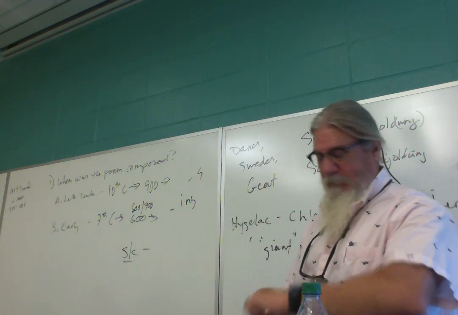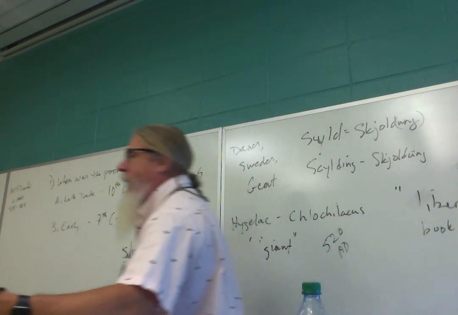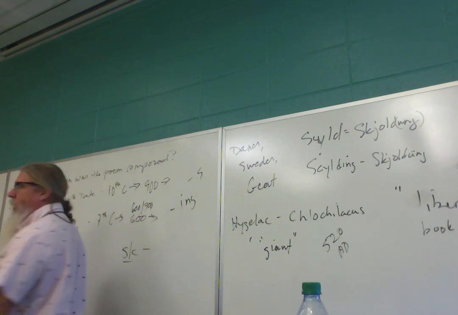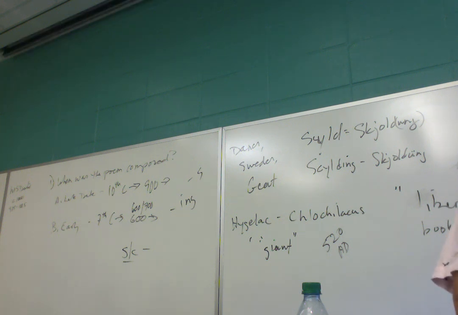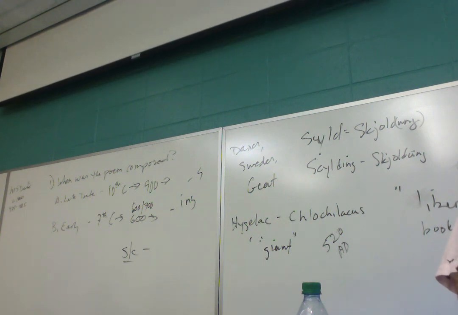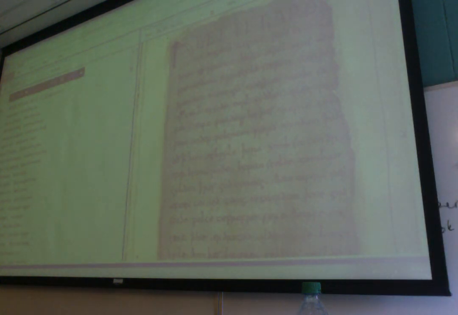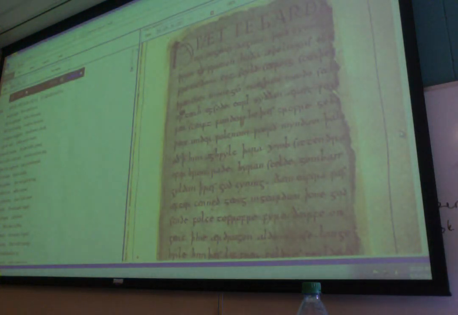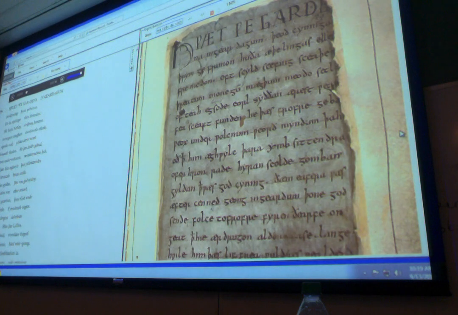Okay. Having spoken way too much background kind of stuff. So the poem begins the same way the Dream of the Rood began. Let's pull this back up for a second. On your screen. Lighting down. You've got the facsimile image in your book. But this is a little bit better.